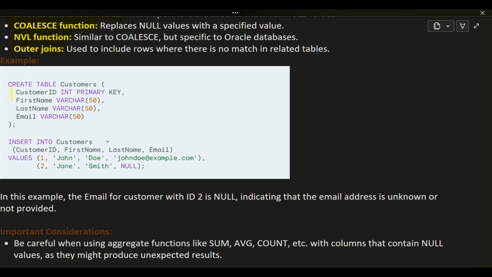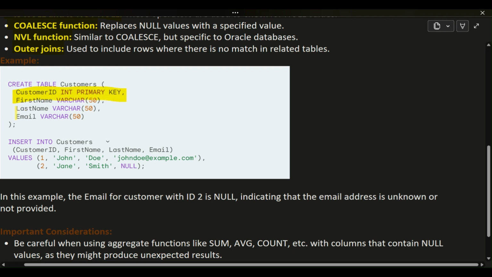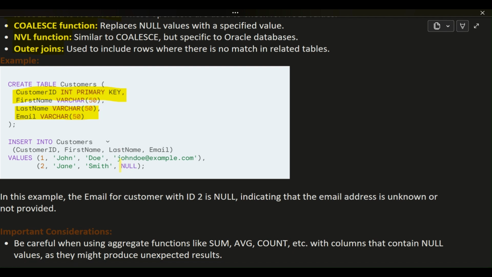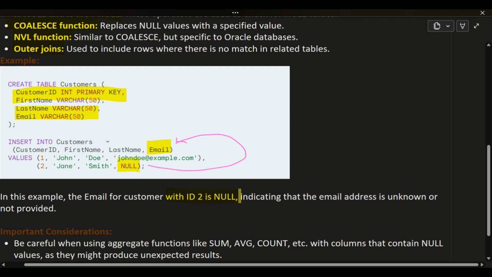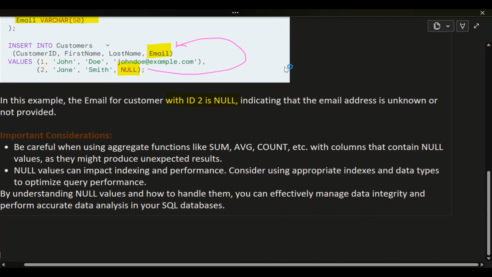Example: SQL. Create table customers. customer_id int primary key, first_name varchar(50), last_name varchar(50), email varchar(50). Insert into customers customer_id, first_name, last_name, email values: 1, John, Doe, johndoe@example.com; 2, Jane, Smith, null. In this example, the email for the customer with ID 2 is null, indicating that the email address is unknown or